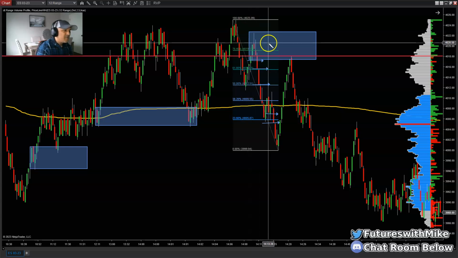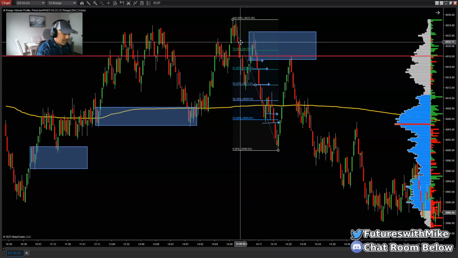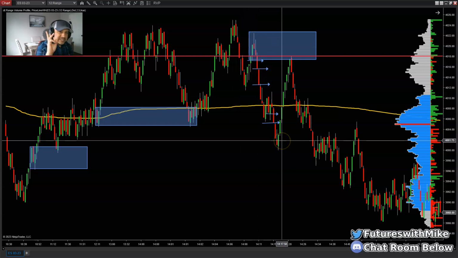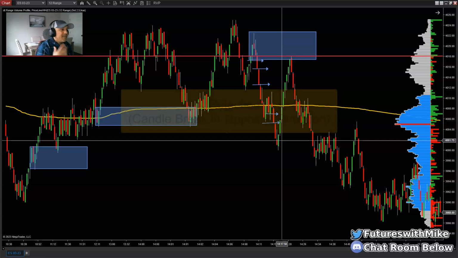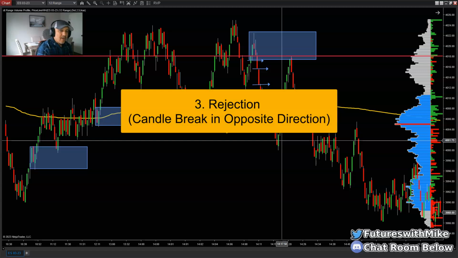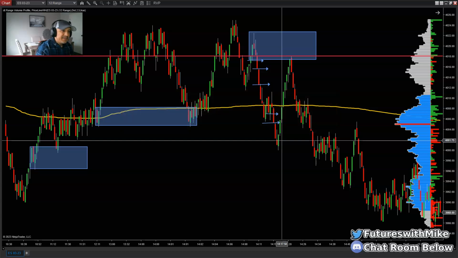So mark your supply zone. Now we're going to take the fib off here, okay? And the third step in our process here helps us gauge when we should get into an actual trade, because that's probably the biggest thing people always ask all the time: once price gets back to that supply zone, what are you looking for? Or gets back to any zone, the demand zone, if it was demand in this case, what are we looking for? The last step that we are trying to clearly identify, which helps us get into a trade, is